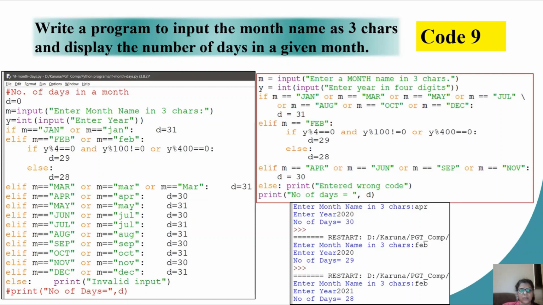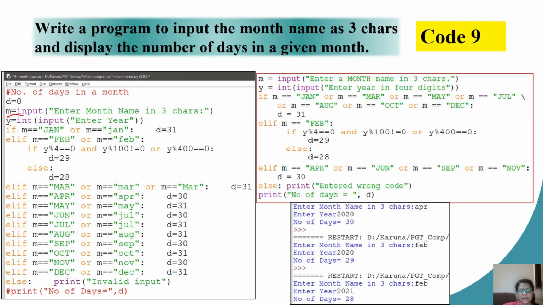For this, I will use a simple input statement. Remember, I am not converting it to int because this time my input will not be numeric. My input is not integer type in nature. I need a string, and the input function returns a string only. That is why I'm using no conversion function before the input. For the month, my variable is m.